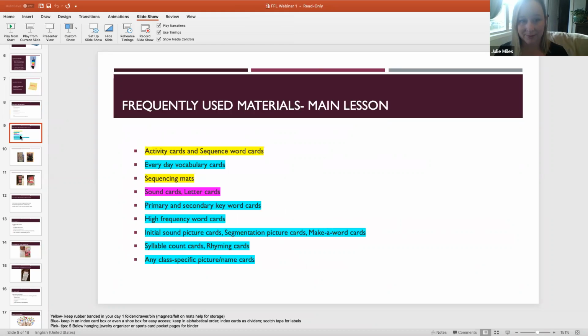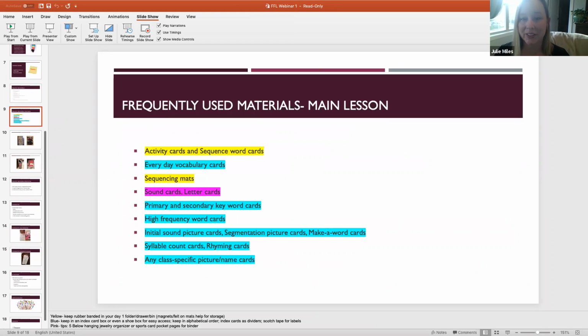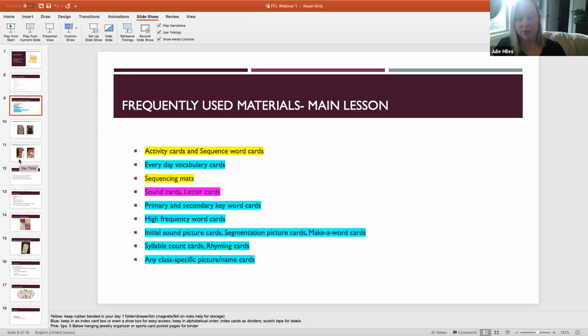Frequently used materials. This is your main lesson. So I'll go ahead and just read through. There's the activity cards. Those are the ones that tell you whether or not you're doing a rhyme or a song or you're doing the story. It's your main activity cards. Then you have your sequencing word cards, which are the first, next, then last. Your everyday vocabulary cards, your sequencing mats, your little sound cards and the little letter cards, primary and secondary keyword